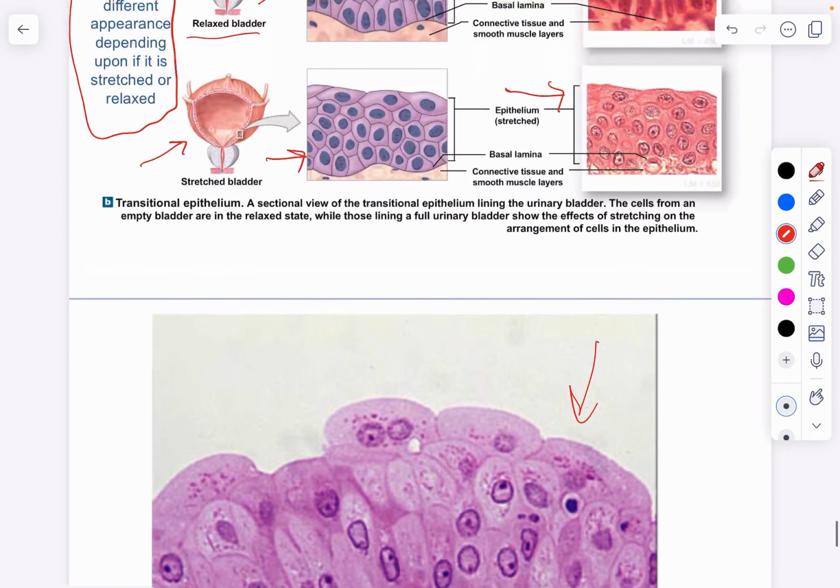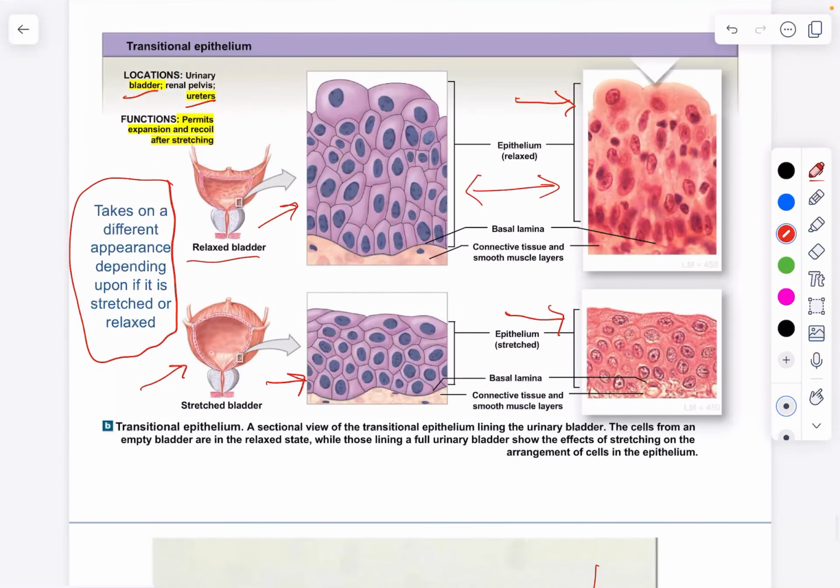Okay, so I'm going to end this talk. Again, make sure you can identify all of the histology images, be able to name them, give me a location, maybe tell me some of the features if I've gone over them, and some of the functions if I may